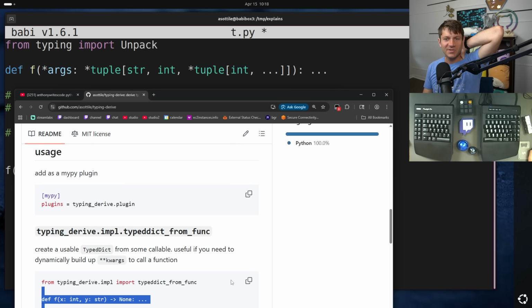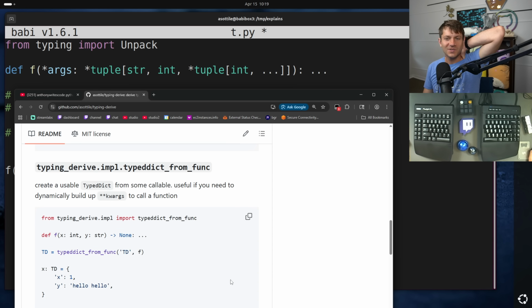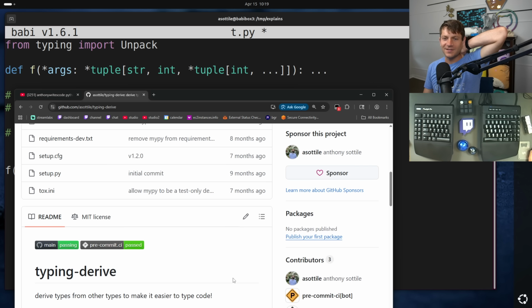And I don't know, maybe check out typing derive. I haven't worked on it in a while because the thing I had a use case for, I no longer work there, so